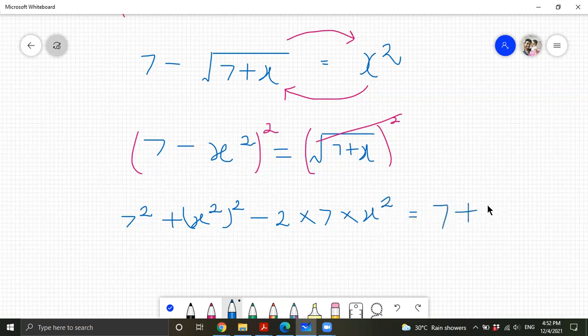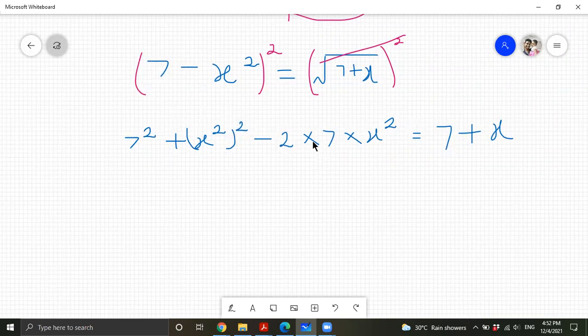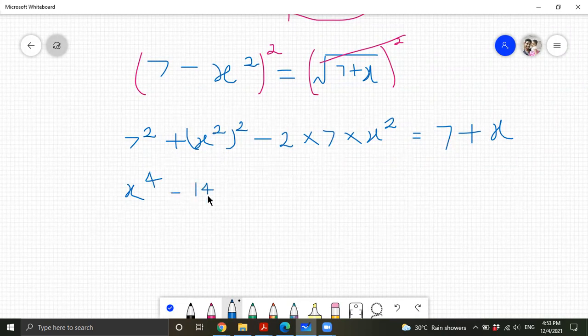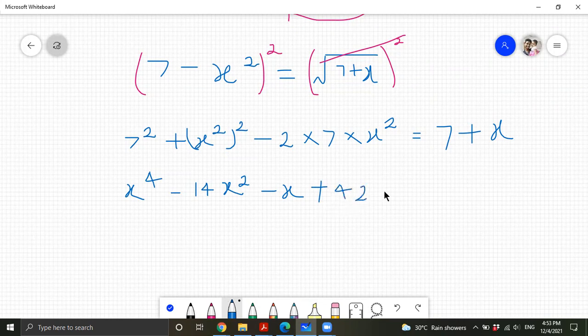At last we remove the square root terms, right? Anyway, let's simplify this. There's a square terms and multiplication. So if we move everything to one side, we'll keep everything on the left hand side. So x to the power 4. Next term is minus 14 x squared, minus 6, and 7 squared is 49, and 7 subtracted with that will make 49 to 42,